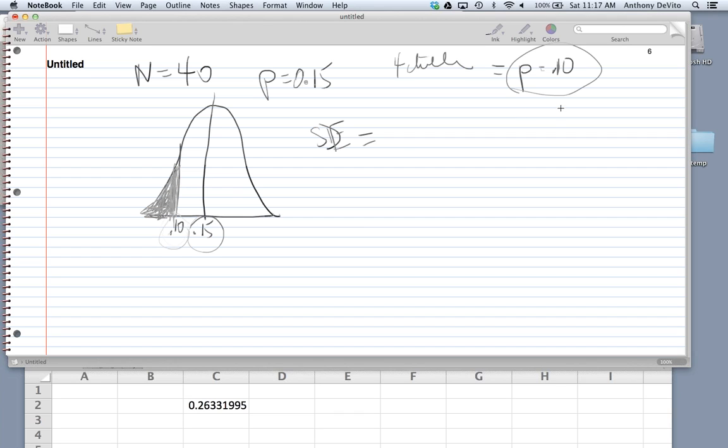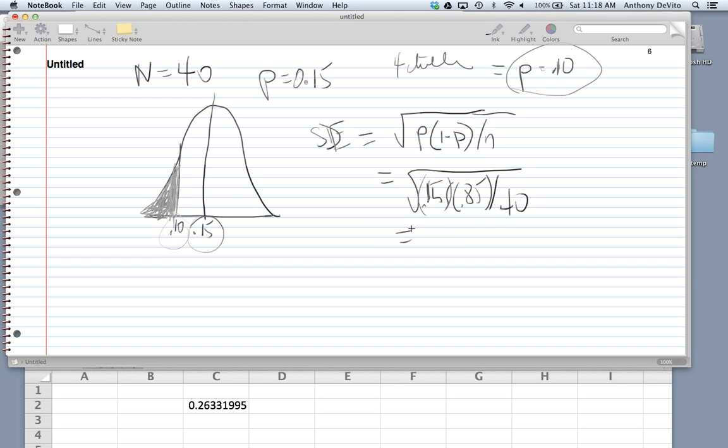Remember, this is an approximation of the binomial distribution. The way we do that again was the square root of p times 1 minus p, right? Divided by n. Okay, and that in our case is going to be the square root of 0.15 times 0.85 divided by the sample size, which is 40. So that's going to be equal to,